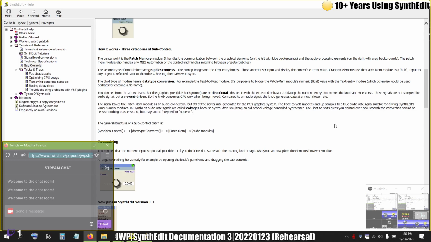These signals are not sampled like audio signals, but are event-driven. So the knob consumes CPU only when being moved. Compared to an audio signal, the knob generates data at a much slower rate. The signal leaves the patch memory module as an audio connection, but still at the slower rate generated by the